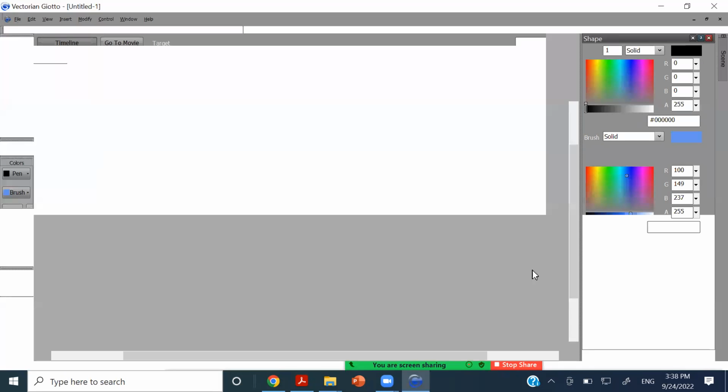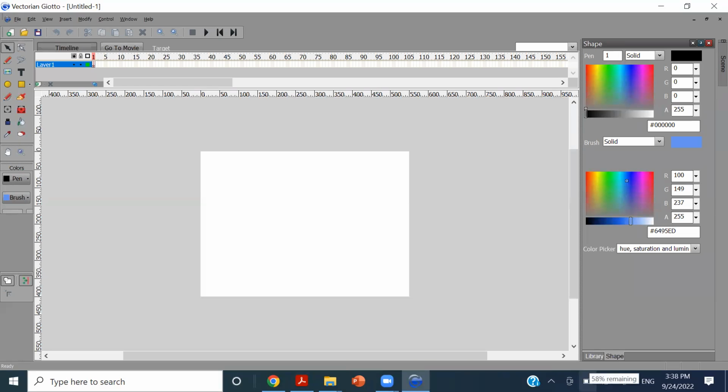So this is what you call Vectorian Giotto, right? And people, this is a very primary tool for you to understand how animation works. Through here, we are going to show you how a certain object can be animated, as well as how we can